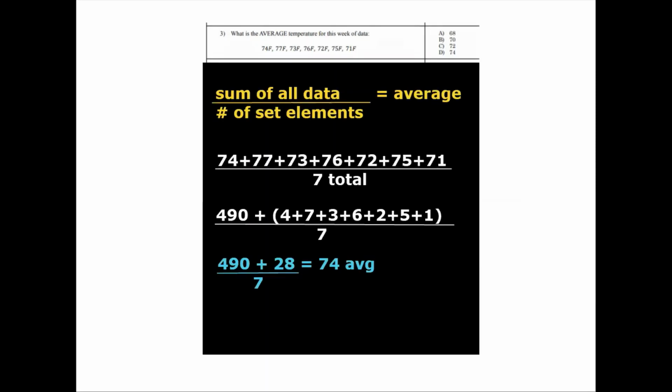Question 3. What is the average temperature for this week of data? Well, thankfully, whoever wrote this problem was in a place where it was a constant temperature in the 70s. We'll sum all the data and divide by the number of days. It looks like a week is a full week of 7 days to get the average. One shortcut is because all the temperatures are in the 70s, just do 70 times 7 for 490, and then